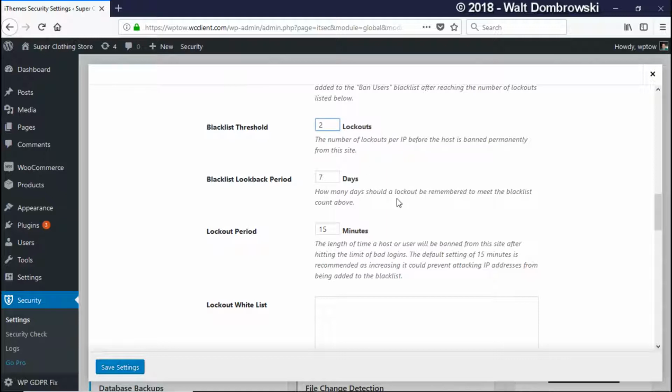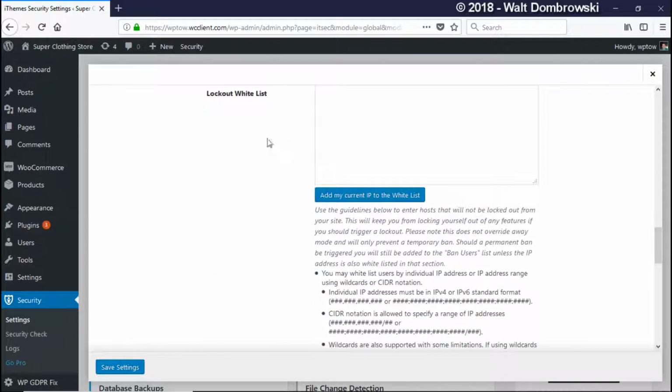So now the blacklist lookback period, this is how many days the lockout should be remembered to meet the blacklist count that's above, in our case, which is 2. 7 days isn't really a lot. I usually increase it to at least 60. And now the lockout period, when someone's locked out, I usually have it for at least 60 minutes instead of 15. Okay. And then what you can do is you can click here to add your current IP address to